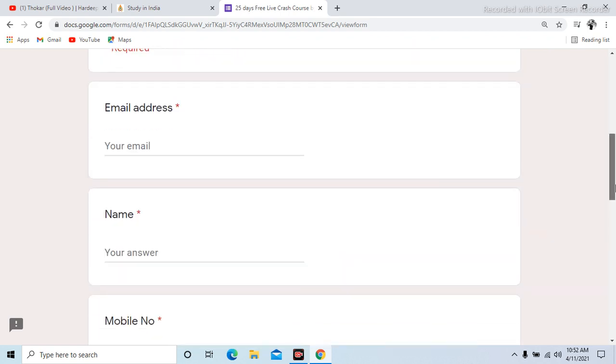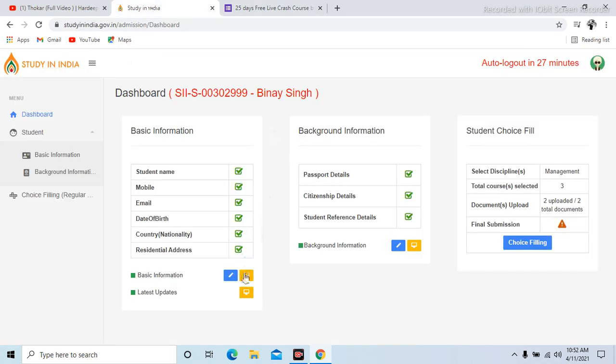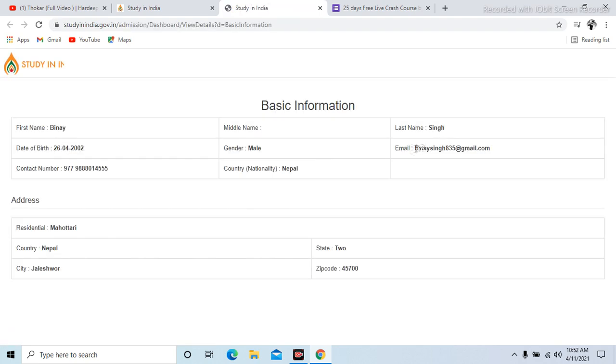From here you have to register. First of all, put your Gmail ID. On this email ID you will get the link and the timing of when our class will start. Class will start between 12 to 20 April. It will be informed through your registered mail ID. So first of all, register. I am going to register here.